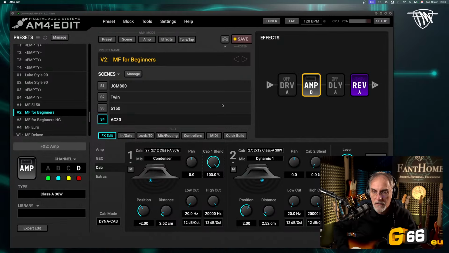Condenser typically is much darker and full of bass frequencies. You can find a correct combination.